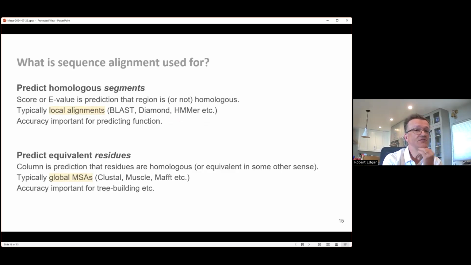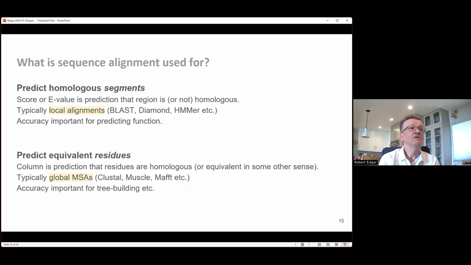So now we need to do some validation and see how well this idea works. And there are really two sort of distinct applications of sequence alignment. One is to pick out segments, sort of local regions of proteins, and try and predict whether or not they're homologous. And the way you do that is typically to make a local alignment with a program like BLAST or Diamond or an HMM. And the accuracy of homology prediction, that's important for predicting the function of the sequence that